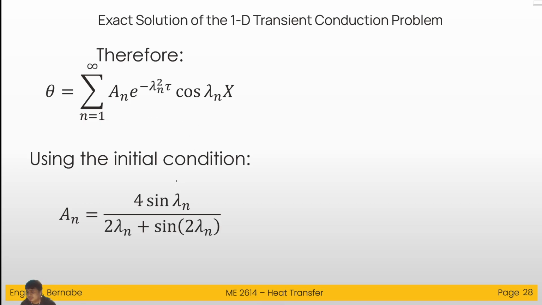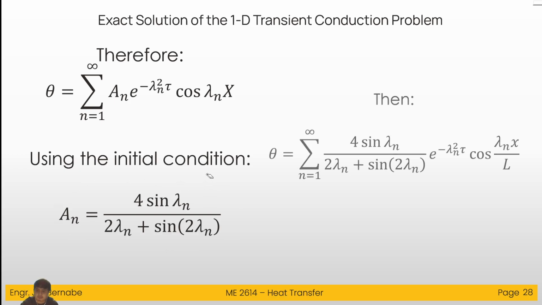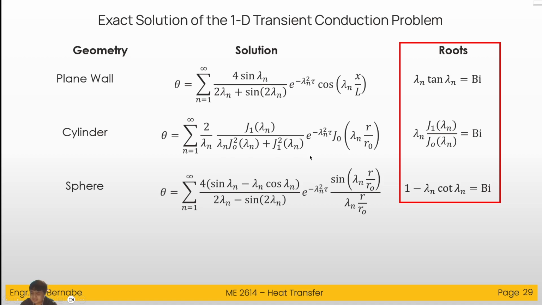And if you use the initial condition, the a_n will be equal to this. And then you can also express your temperature in theta form using this value, no? But the problem is it is quite hard to evaluate this since we have an infinite series. So this is basically the exact solution of your heat transfer